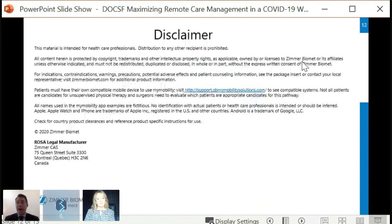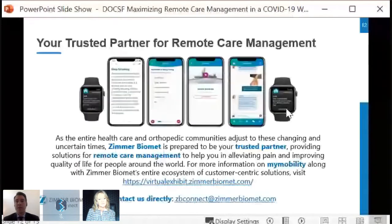So with that, I don't see any questions coming in. Here's just my final thoughts. We appreciate everybody spending some time today. We need partners in this journey. We believe in the data. We believe in the platform. And we believe that is going to help the greater society. Please connect us. We're here to build those trusted partnerships. Thank everybody for